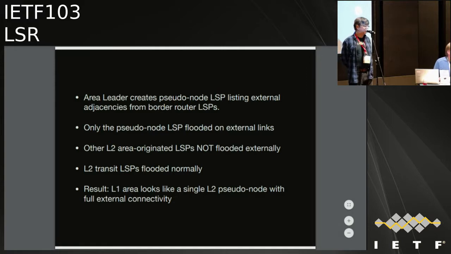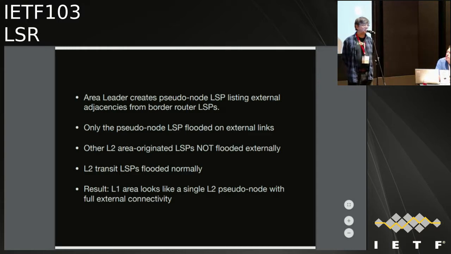Okay, let me get ahead of things. That implies that the level 1 only routers would have to have all the level 2 routes. No, I'm going to suggest something even sicker, which is that we tunnel from area entry to area exit. Oh, okay. That's what I asked initially, and you said no. But we're not using the tunnel to the area leader. We're doing a direct tunnel from entry to exit. And that can be SR or GRE. I don't care.